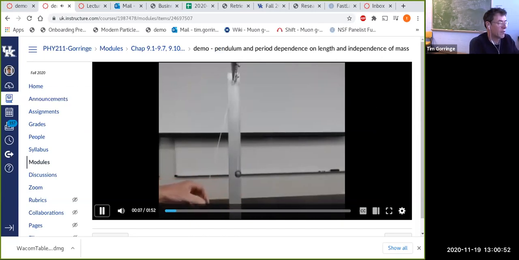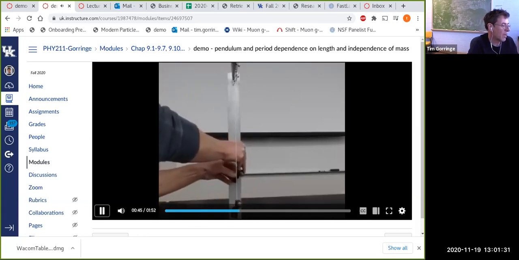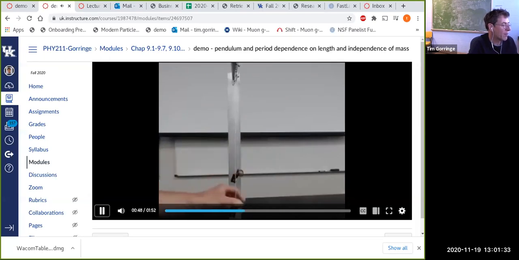Now I've got two pendulums in this video, a shorter one and a longer one, and we're comparing the periods of these two pendula. And if you notice, the periods are different. The shorter one seems to catch up with the longer one and then get ahead of the longer one. The shorter one had a shorter period. The longer one had a longer period. I'm now going to add some extra mass to the shorter one and the longer one. Actually, I'm doubling the masses of the original two masses.